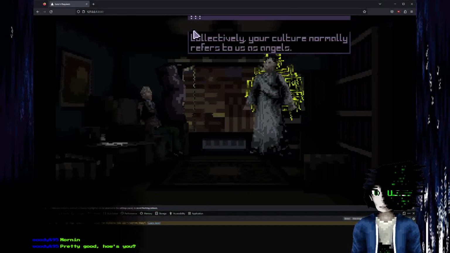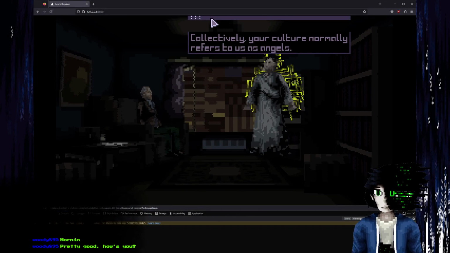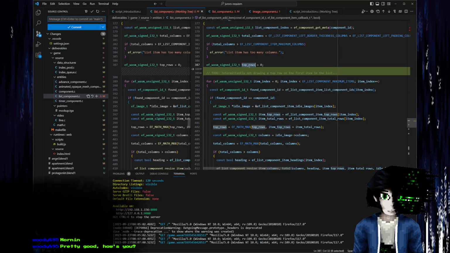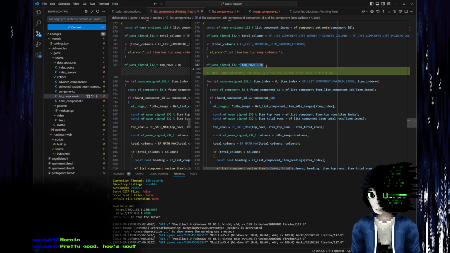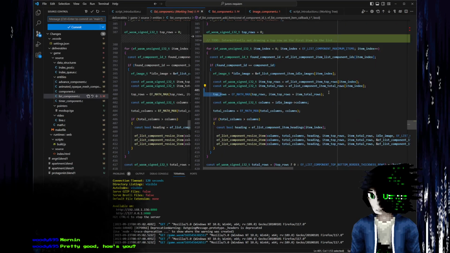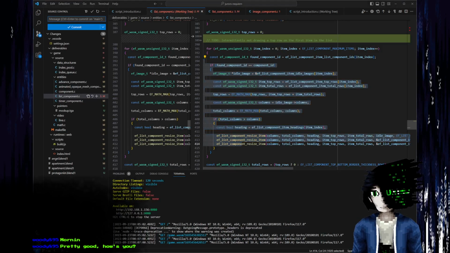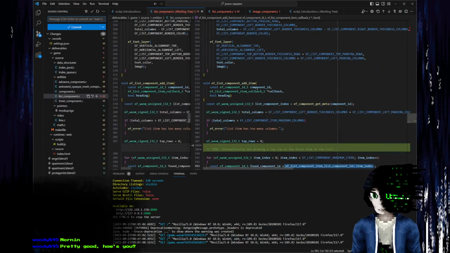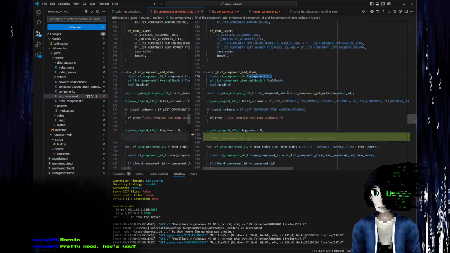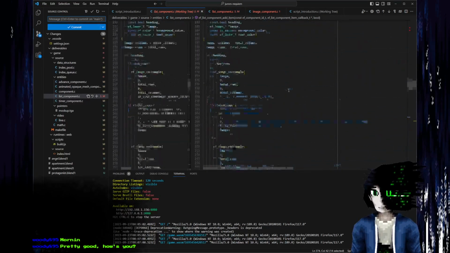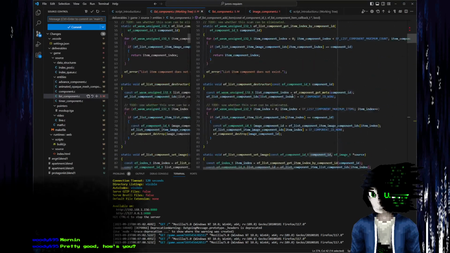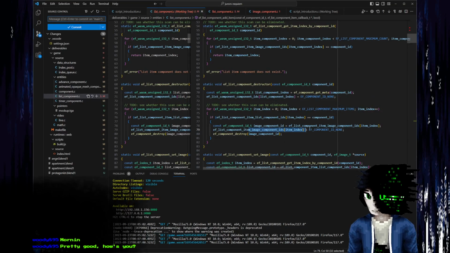Now the fact that it's doing this implies to me that something's going a bit wrong when we're putting in our first row. So it is being initialized to 0, but it should then be comparing. It should be going through this, and for the first item, it shouldn't be finding any matches. It should be a completely fresh component ID. It shouldn't have any items associated with it. So what I need to do first of all is check when we destroy a list. Yeah, we go through all of these and we